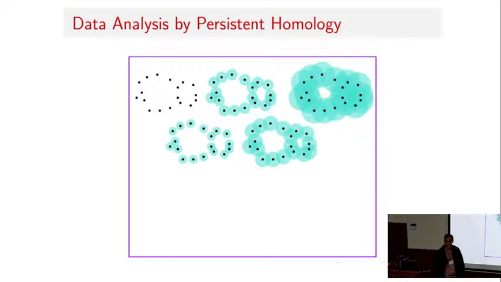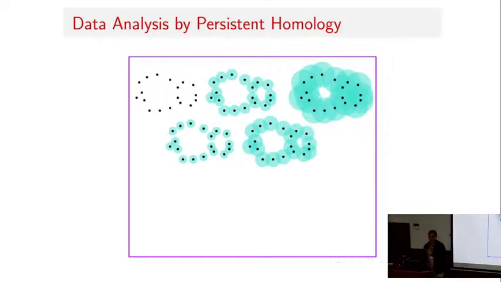Persistent homology exactly tracks what is happening in this homology group, like in H0, how the components are changing as I go through the movie, and how the H1, the one-cycles, are changing as I go through the movie. Whenever I say all these things, there is a very precise definition in algebraic topology which will concretize all these notions, which I am completely skipping. But the intuition is this.